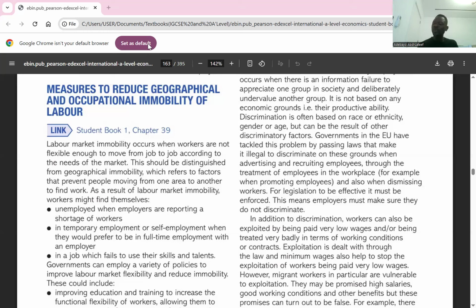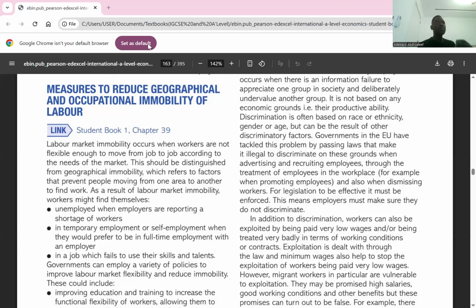So what does labor market immobility bring? One, labor market immobility allows workers to be unemployed when employers are reporting a shortage of workers. There's a vacancy, but because of labor market immobility, unemployed workers will still not get a job, despite the fact that employers are making it known that there's a vacancy, probably because of a lack of mobility, maybe occupational mobility or